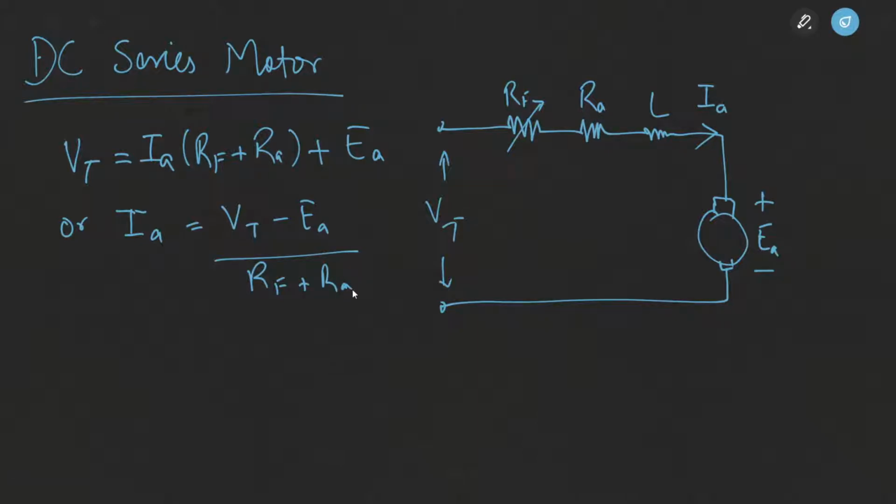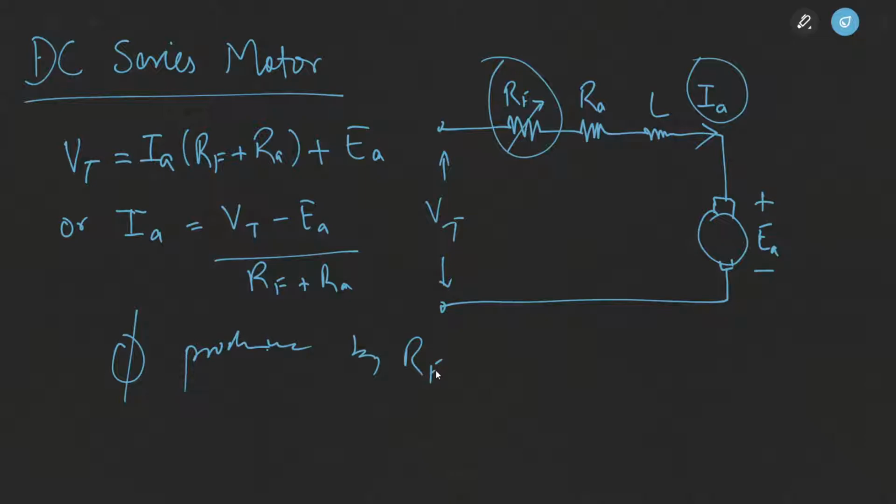As far as the DC series motor goes, since the field winding here is in series with the armature winding, the same amount of current is flowing through the armature as well as through the field windings. That means the armature current is flowing in this case through the field windings as well. So whatever the flux being produced by the field windings,